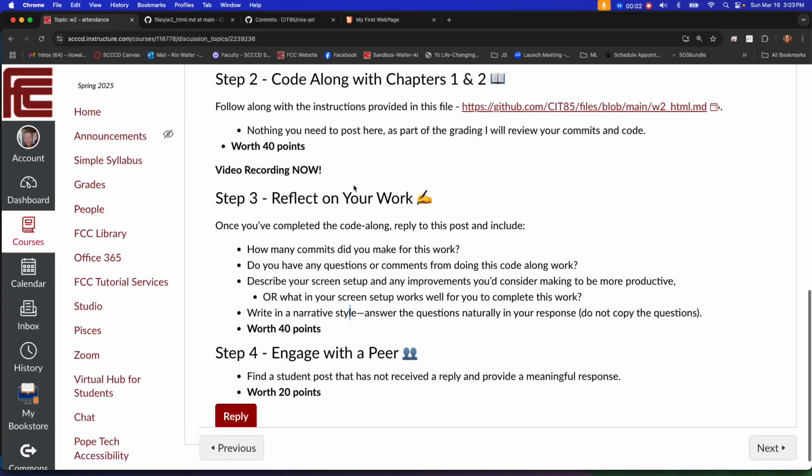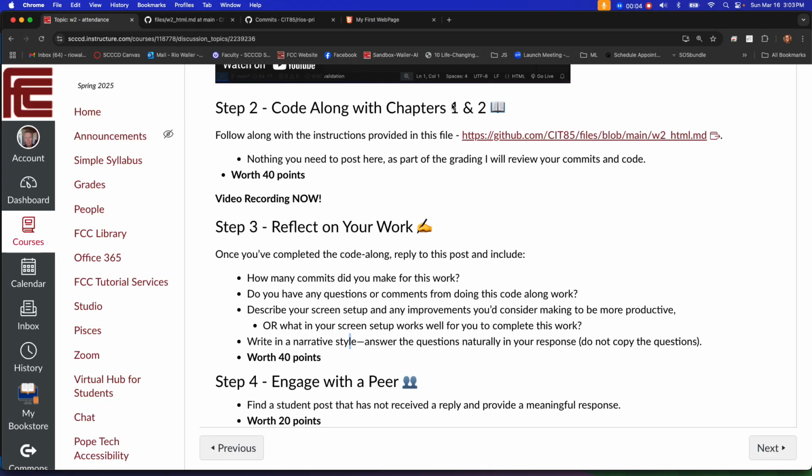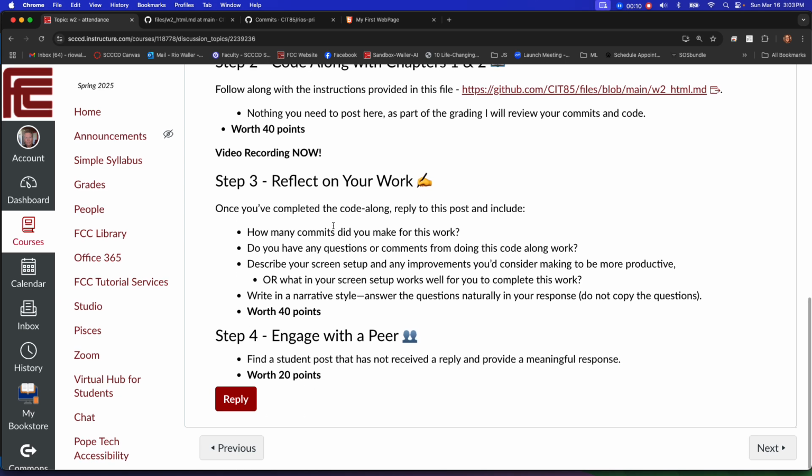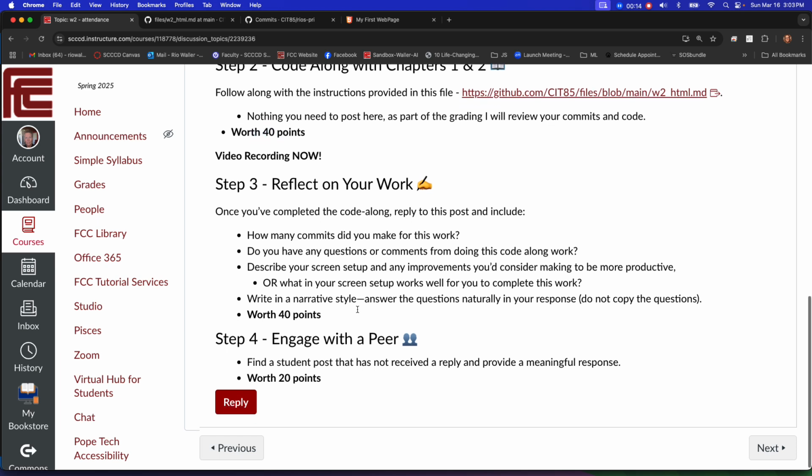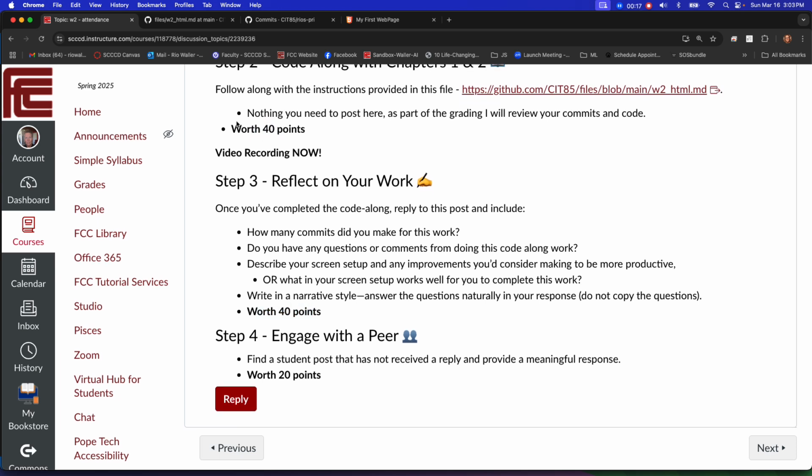So now that you have hopefully finished chapters 1 and 2 of the Code Along under Dave Gray, now we're going to have a little discussion, right? So this is the part where I break down every part of how this is graded. Remember, after you do this, there's nothing you need to submit because, and I am repeating myself here,